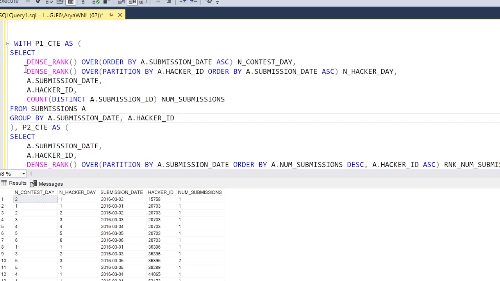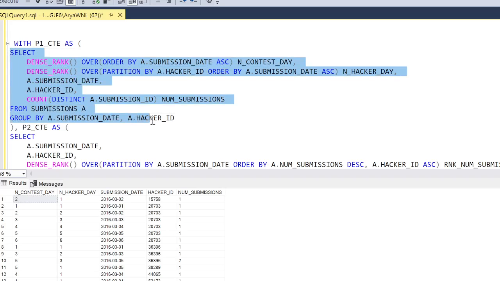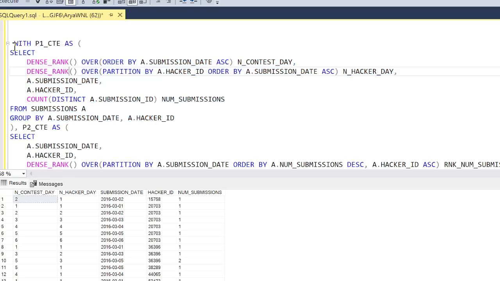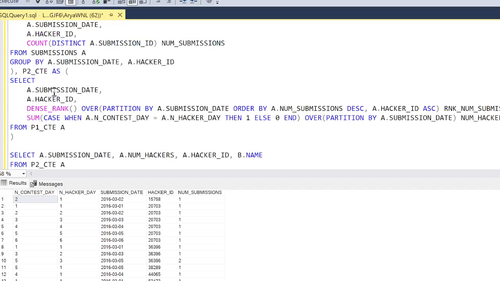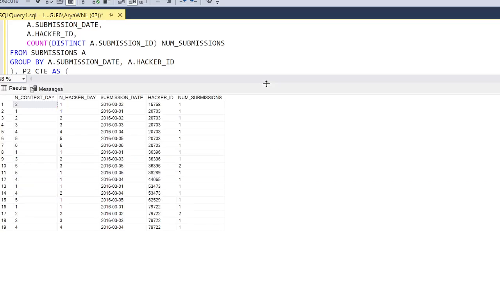All right, and I am treating this table as a temporary table. So I have created a CTE, that is, a common table expression. With P1_CTE, you can give any name, then use this parenthesis and close the parenthesis here. Now from this table, let me pull it a little upwards. This table is coming from my first query, and from this table what I will do is